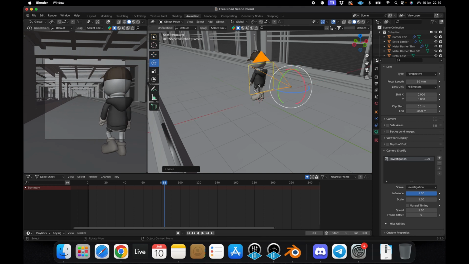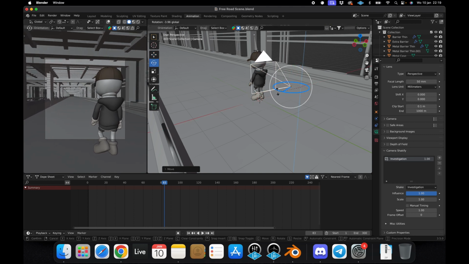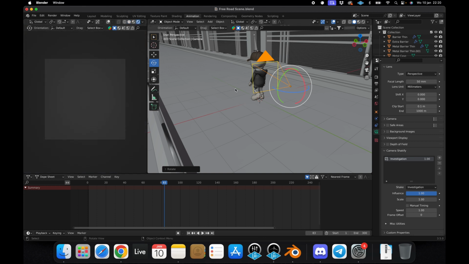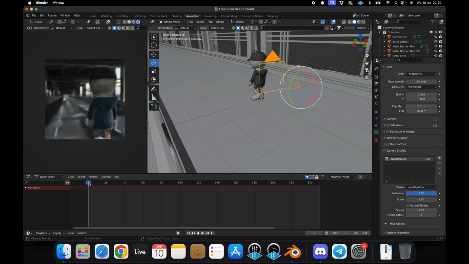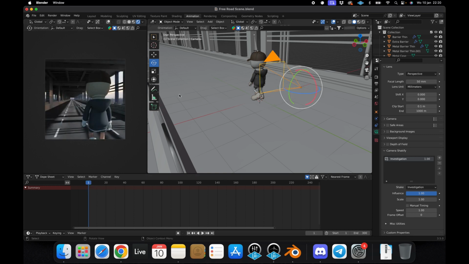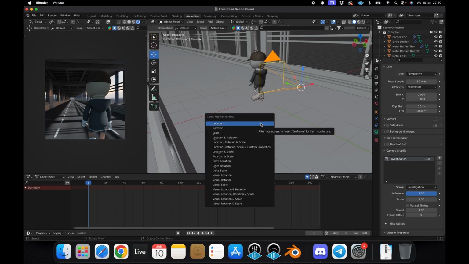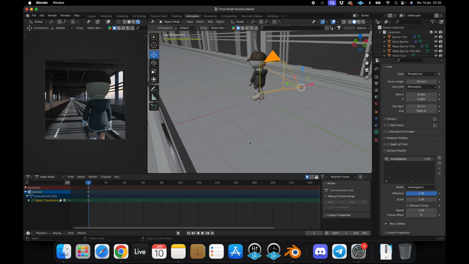So let's say we want to film our beast that's just walking. Okay, so I'm just gonna show what this looks like. I'm gonna go back to frame 1. We just want to show our beast walking. So I'm gonna, camera frame 1, right click camera, insert keyframe, and I'm gonna click location, rotation and scale, and now our camera will be in this position